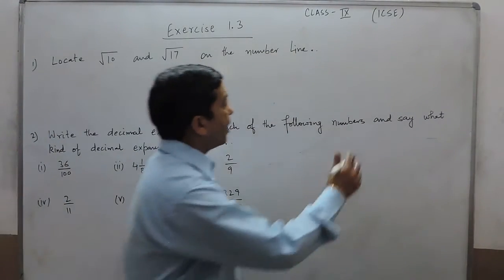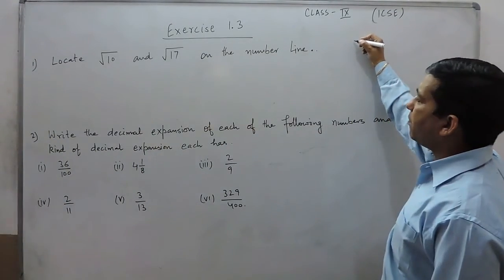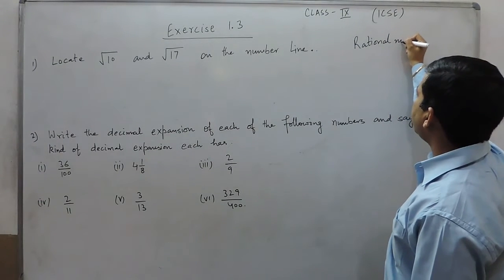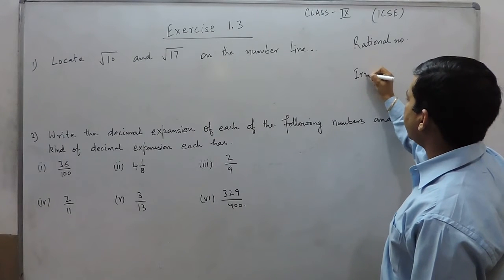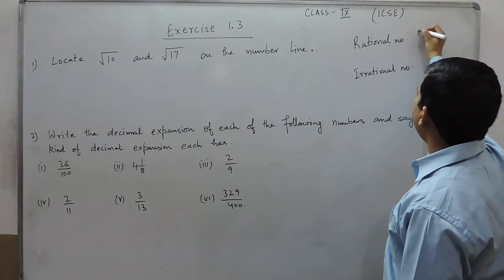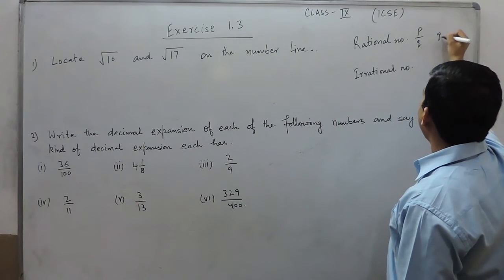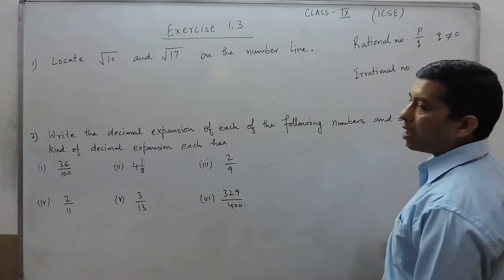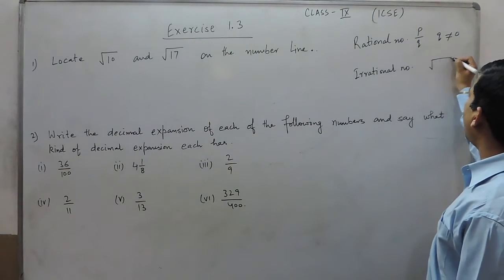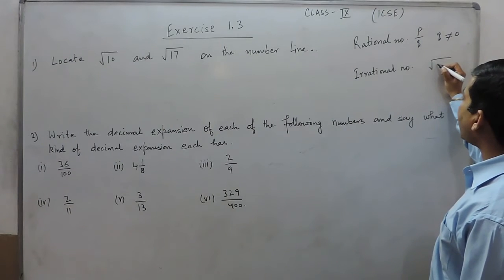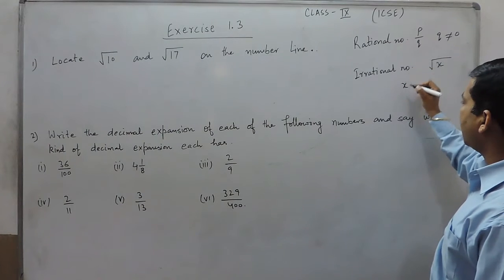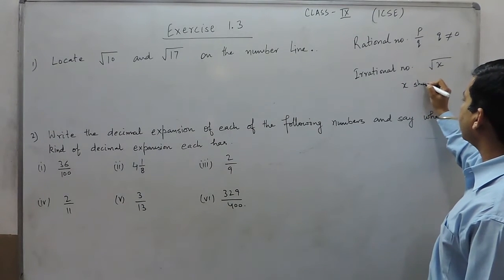Hello everyone. As we know, there are two types of numbers possible: rational numbers and irrational numbers. All the numbers which can be put in the form of p upon q, where q is not equal to 0, are known as rational numbers, while all the numbers under root which are not a perfect square. Here, under root x is an irrational number where x should not be